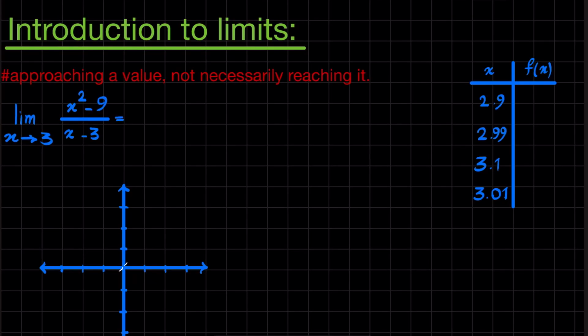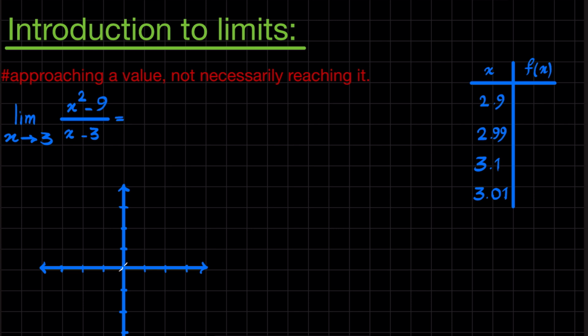Today we're going to talk about the introduction to limits and how to evaluate them analytically and graphically. To define limits at the beginning, a limit is approaching a value that we're not necessarily going to reach. A real-life example would be hitting the brake pedal in a car and the speed is decreasing to 0. But necessarily it's not 0, because the car hasn't stopped yet, but we do know that it's going to stop at one point. So to start with this function,